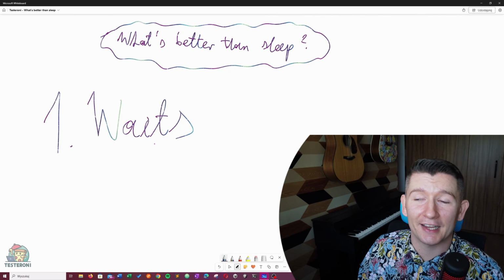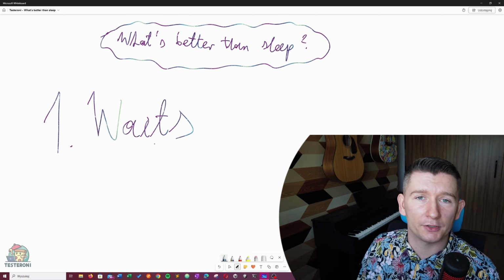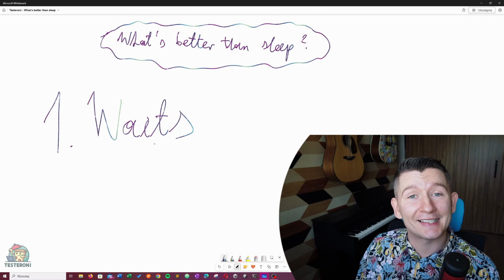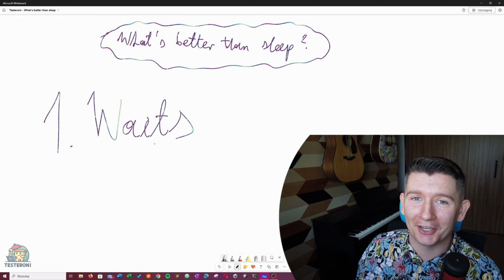Because hard-coded sleeps, the whole philosophy behind them is that they are there to make sure that the application is ready to progress with testing. And if you have a wait, so if you have a command that basically tells your testing framework that it should wait for something to happen or something to pop up or something to be interactable and stuff like that, you are doing exactly that, just better, because you are not